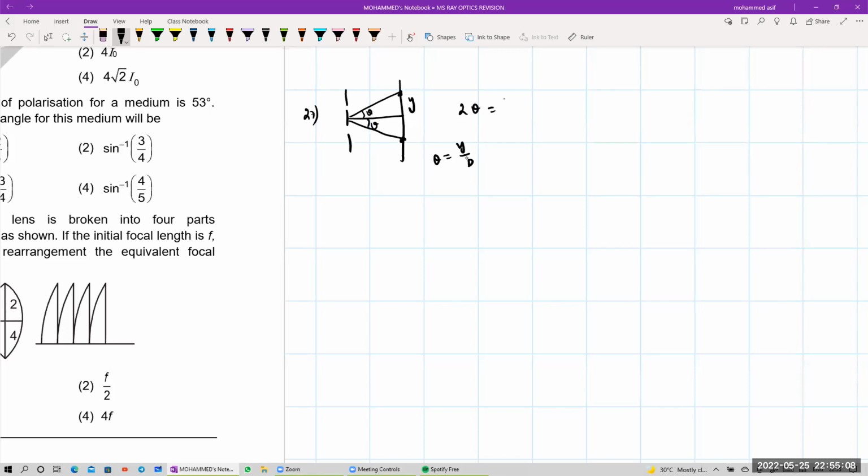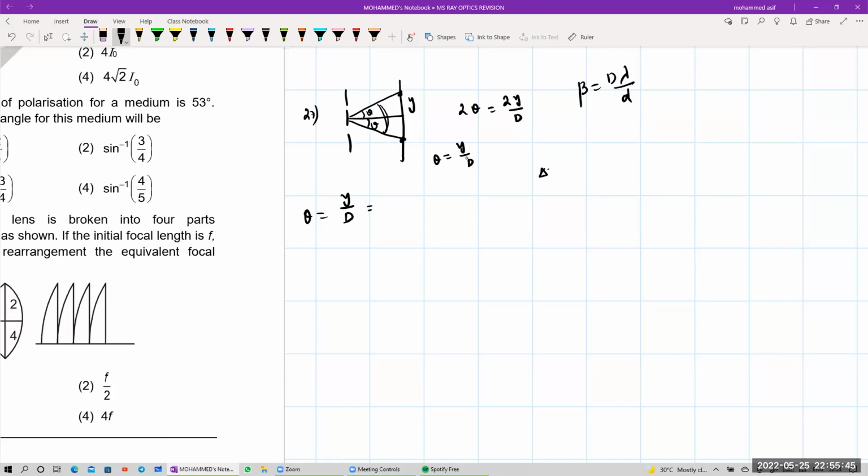So 2 theta value will be equal to 2y divided by capital D. तो खाली एंगुलर विड्थ अगर पूछ रहा है तो टोटल थीटा भी ले सकते हैं, टोटल भी एक थीटा 1 का भी चल जाए, कोई प्रॉब्लम नहीं, ठीक है ना। सो फ्रिंज विड्थ का फॉर्मूला कितना है बेटा, beta is equal to capital D lambda divided by small d, ठीक है ना। सो थीटा वैल्यू विल बी इक्वल टू हाउ मच फॉर मी, y divided by capital D लिख सकता हूं, y की वैल्यू मैक्सिमा के लिए